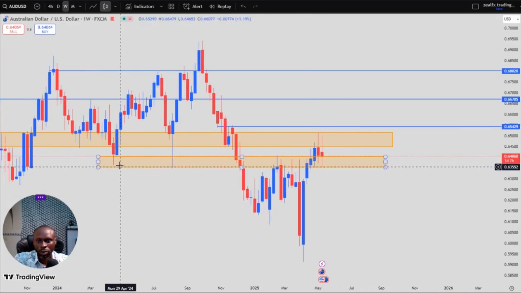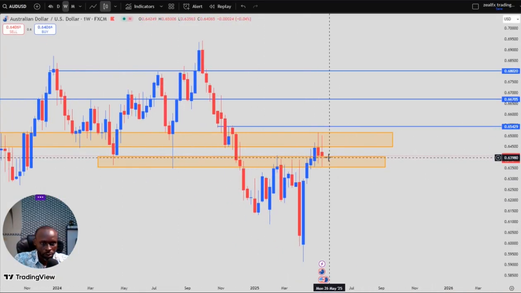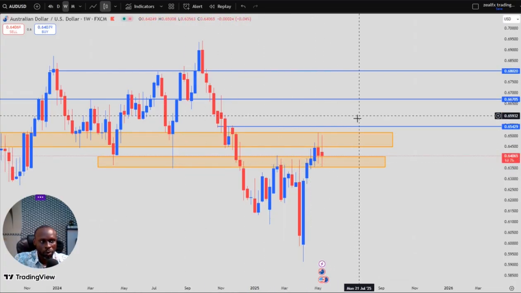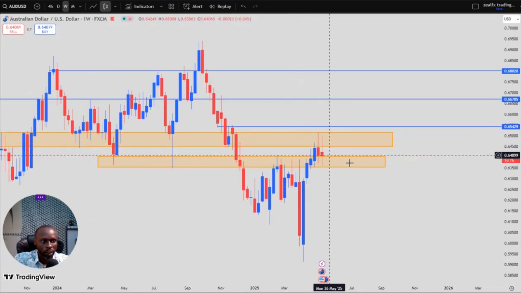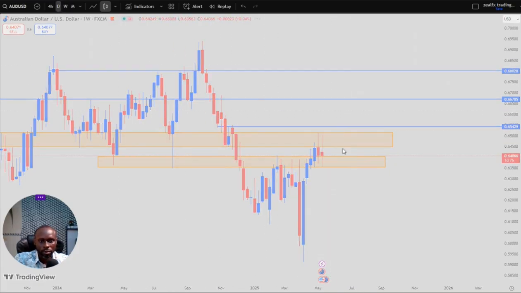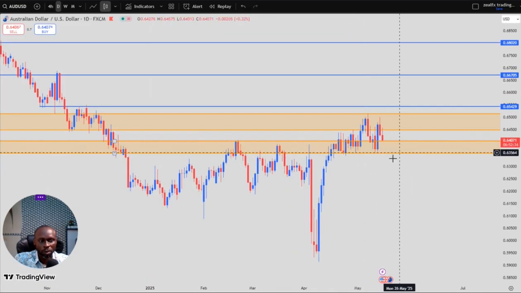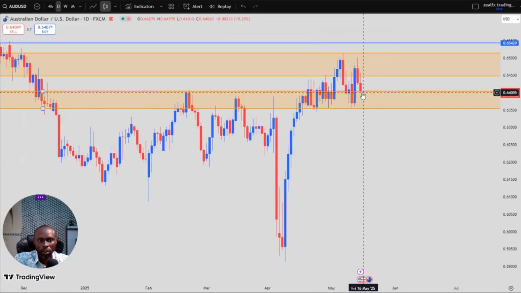On the weekly chart, price also is currently close on the support level. So long as price closes on this support level, we expect Australia to also buy from this level. So let's look at the daily chart of the Australia USD. On my daily chart, we still have an uptrend structure on Australia USD, and price is currently